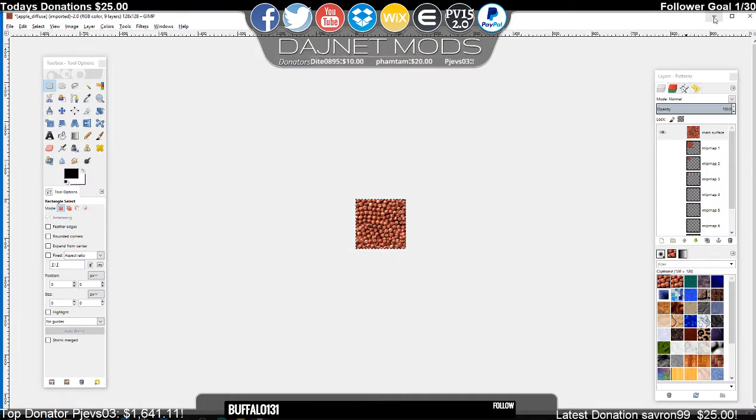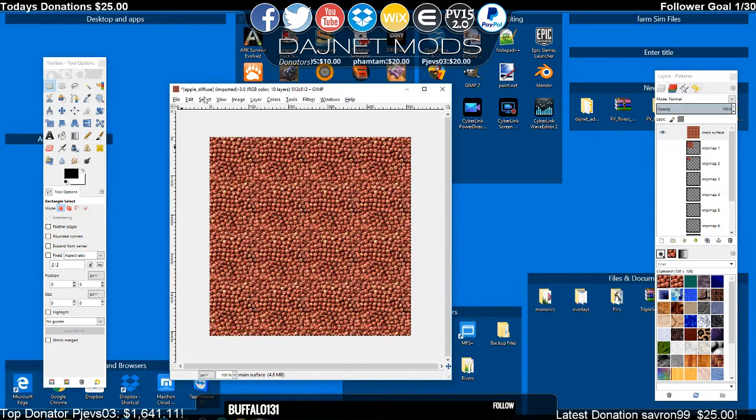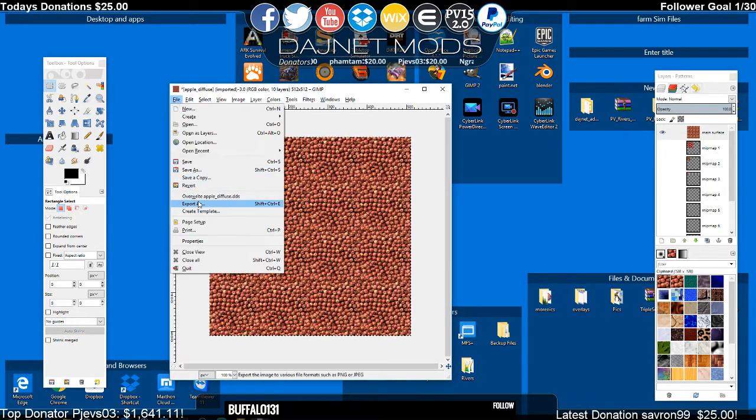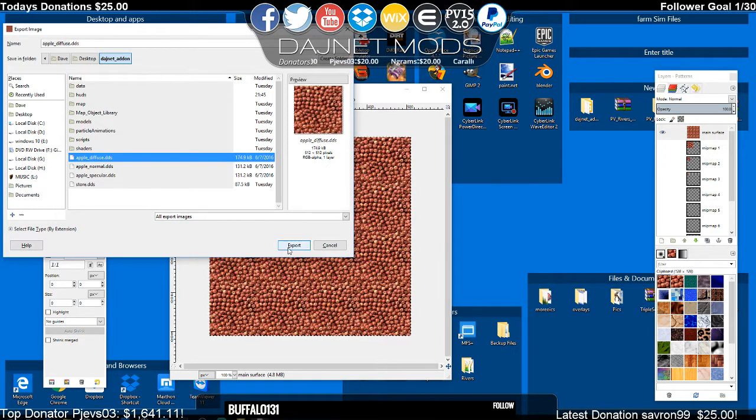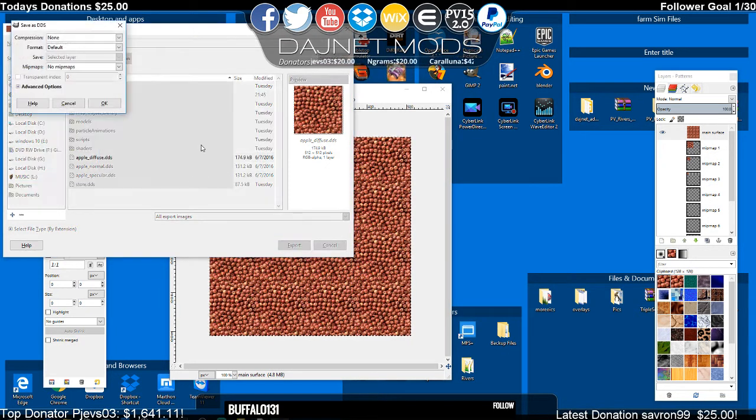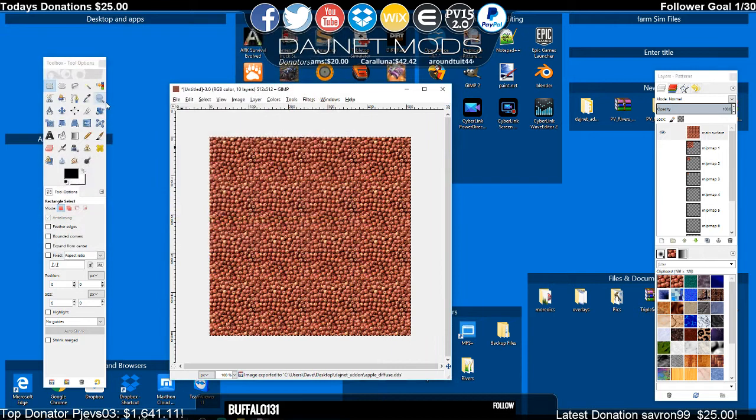Where did I minimize it to? There it is. File, export, Apple Diffuse.dds. Export, replace, compression, DXT1 with your MIP maps. Click OK. Now technically we should be doing the same thing with the